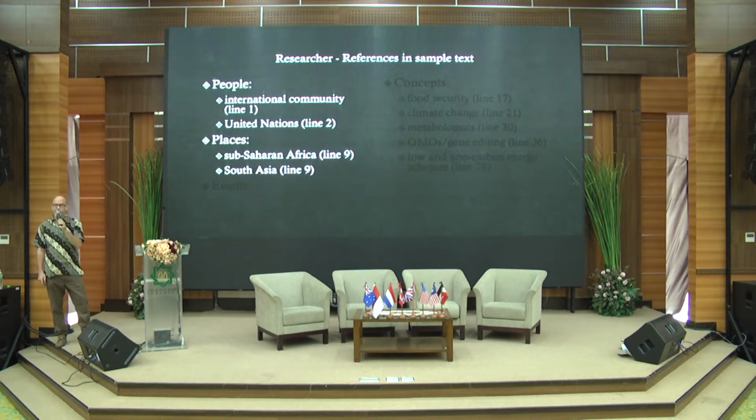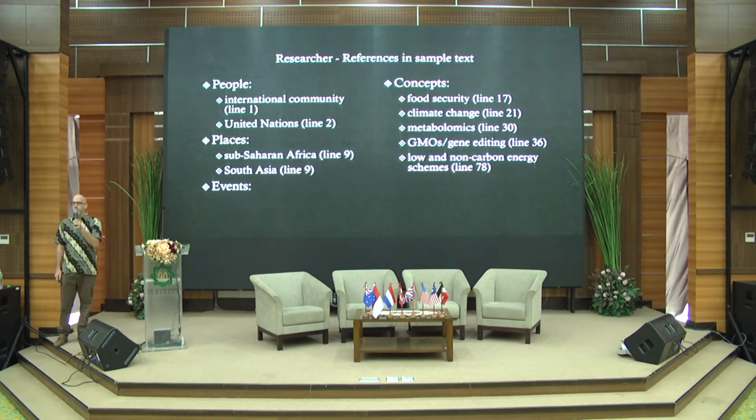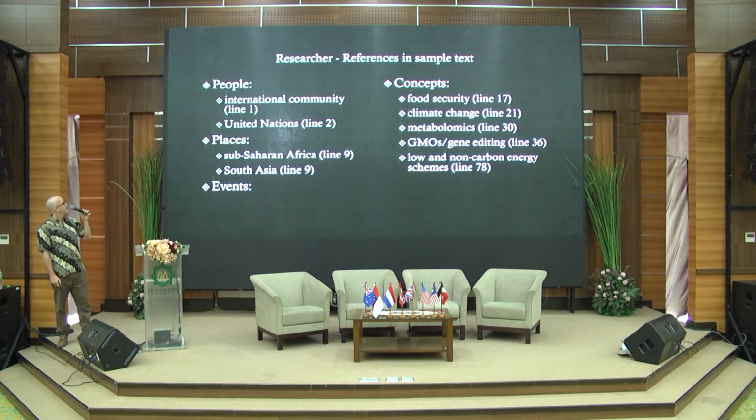So these are the references I found. They mention the international community, the United Nations, Sub-Saharan Africa, South Asia, no events, and then there's a few concepts. So these are the things the researcher might or could research, but what they should research are the ones that are relevant to the understanding of the text, and the ones that they think people won't know. So for example,